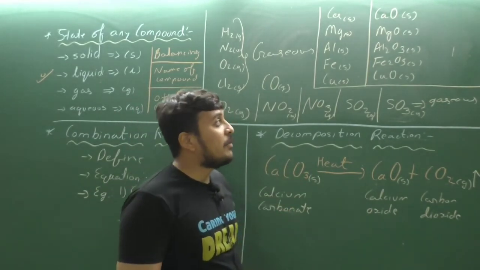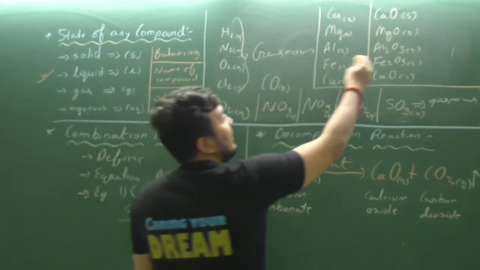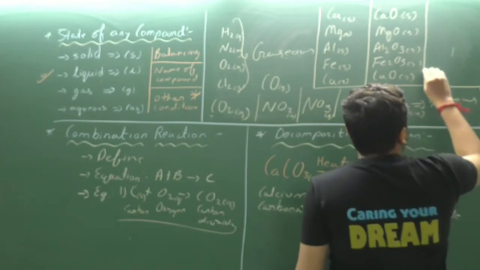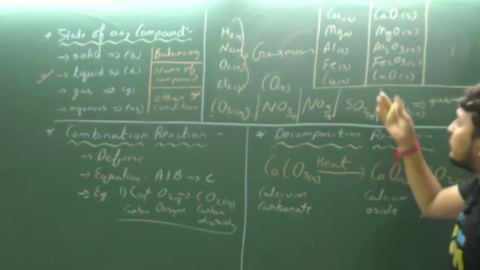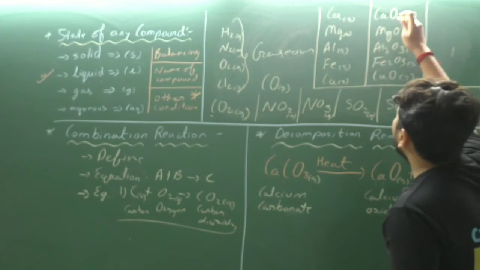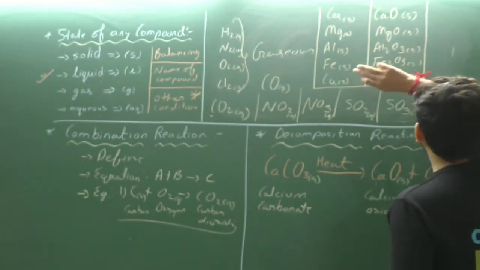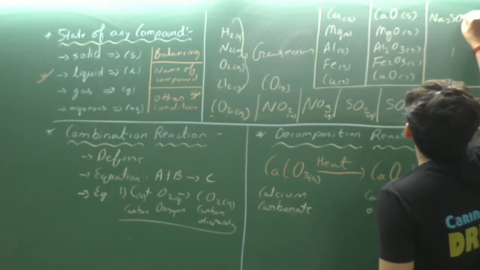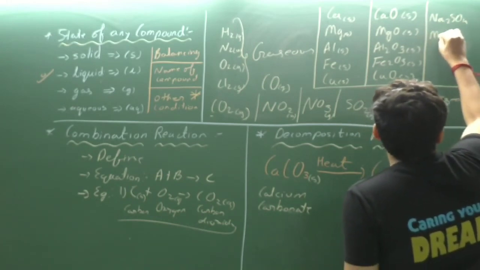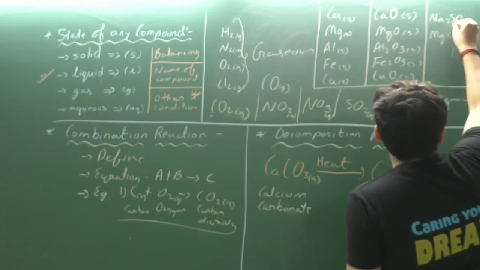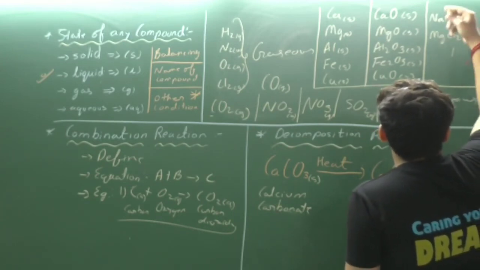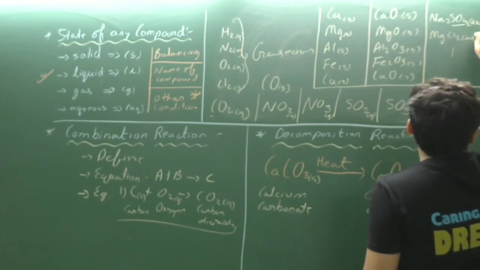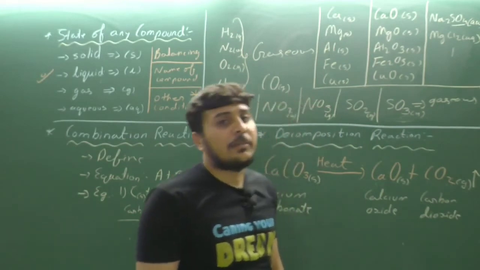Out of 300 chemical formulas, some of them here are written. For example, calcium oxide, oxides have been written. Now the remaining chemical formulas, only 10 to 15 chemical formulas will be of oxygen. Now the remaining all the chemical formulas, for example, Na2SO4, sodium sulfate, magnesium chloride, all of the other chemical formulas of sulfates, chlorides, any of the metals are always to be written in the aqueous state.